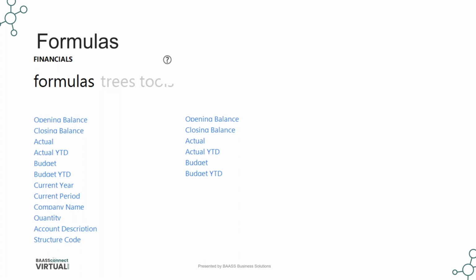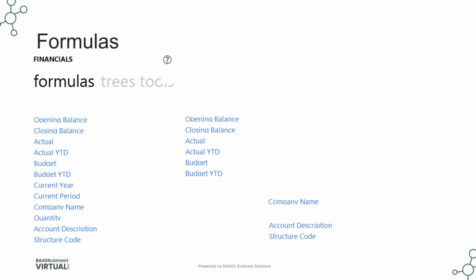Opening balance, closing balance, actuals, budgets, month to date, and year to date. 6. And for the most part, for balance sheet, we're primarily interested in only closing balance. Therefore, of these 6, you probably will only ever use a maximum of 5. Hopefully, if you have budgets. If you don't, then you only need 2. So of the 12, 6 are number related, 5 are likely the ones that you're going to be using, and